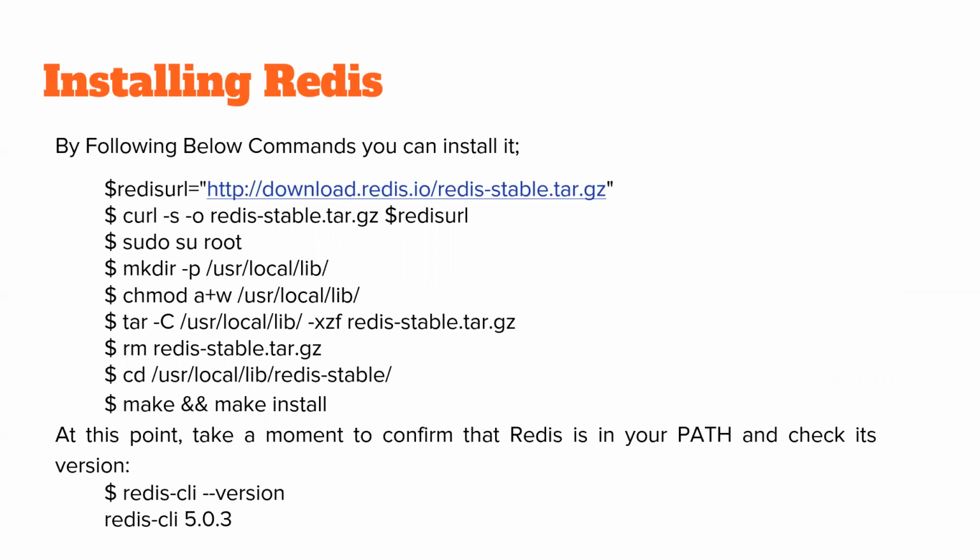Redis holds the database entirely in memory, using the disk only for persistence. Redis has a relatively rich set of data types when compared to many key-value data stores. Redis can replicate data to any number of slaves.